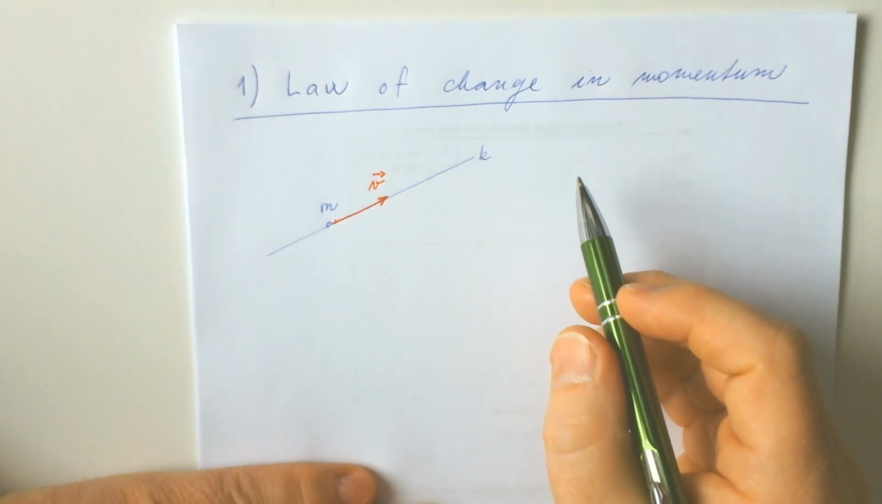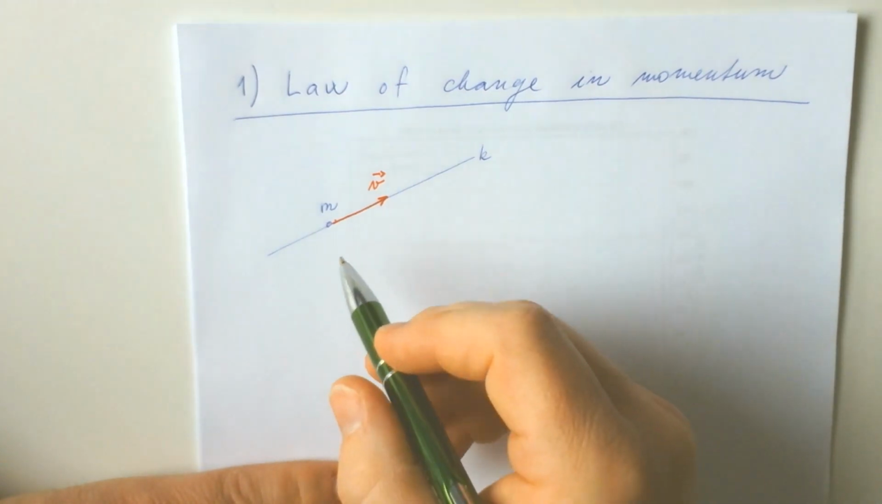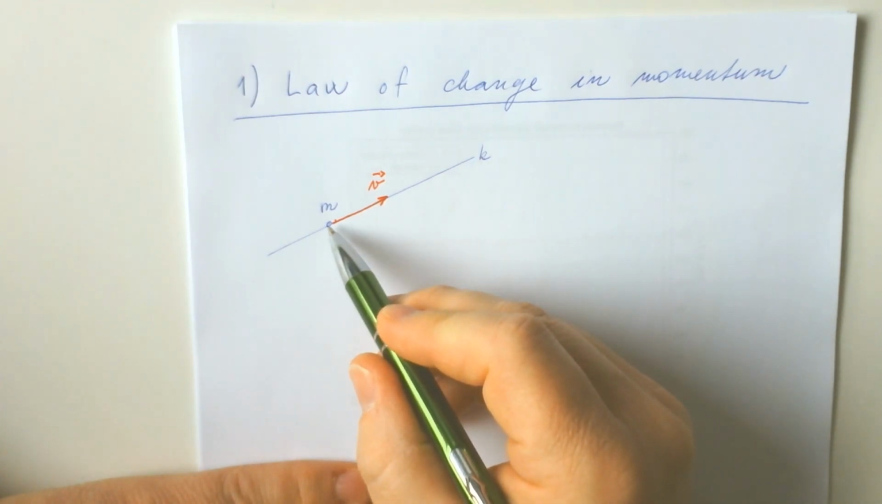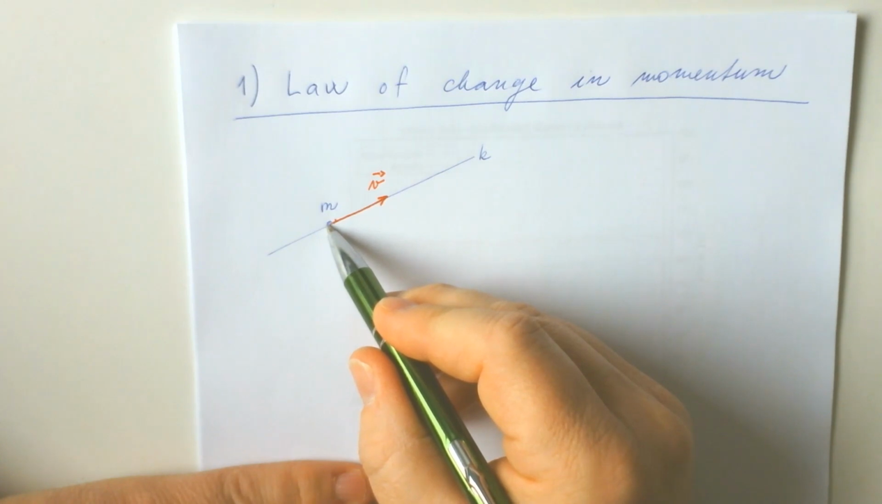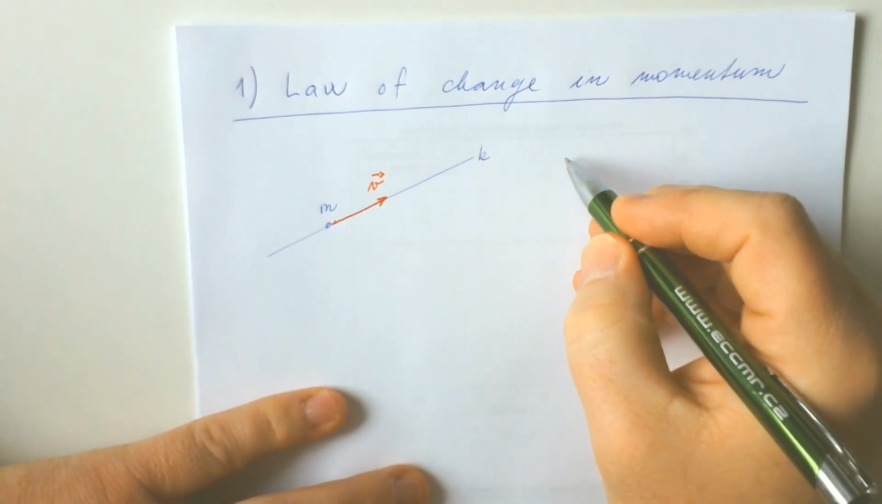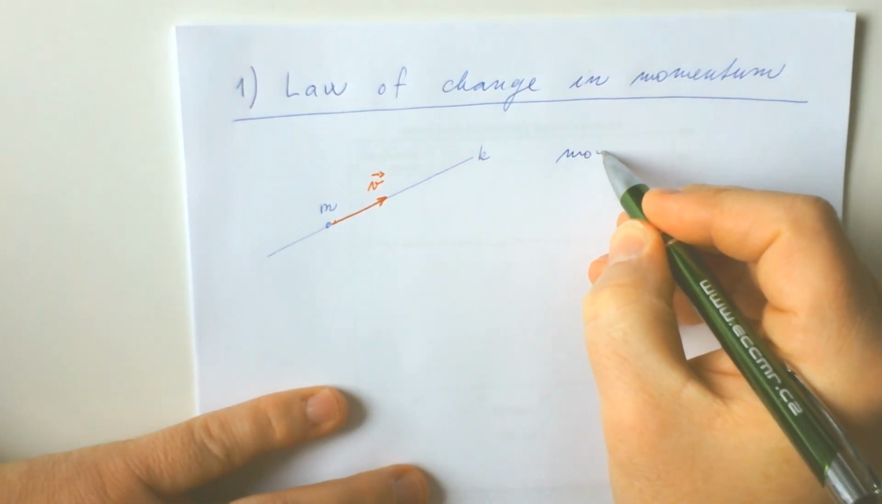Law of change in momentum. So let's consider we have the trajectory of a particle, and the particle has mass m and instant velocity v. So then momentum